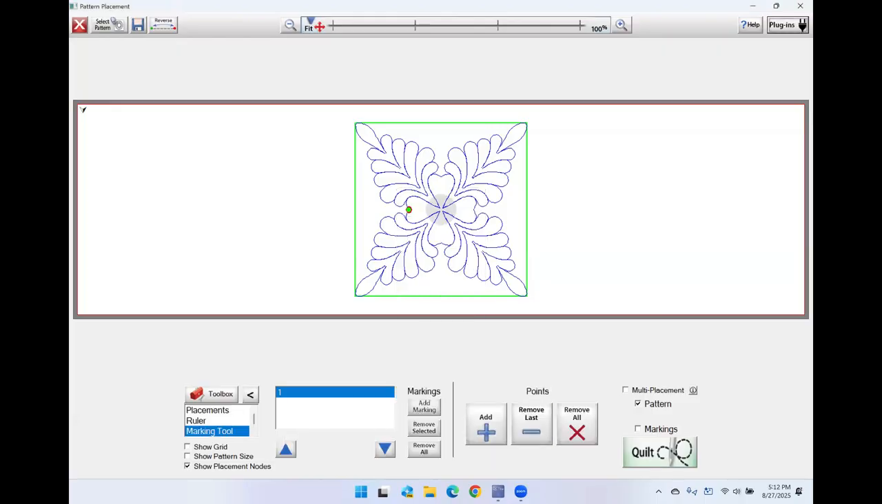Now with the marking tool, you just put your machine over your area and then add a mark, add a point here at the bottom. So let's see if I can do this. So I'm going to move my machine there. I'm going to add a point. Now when you're